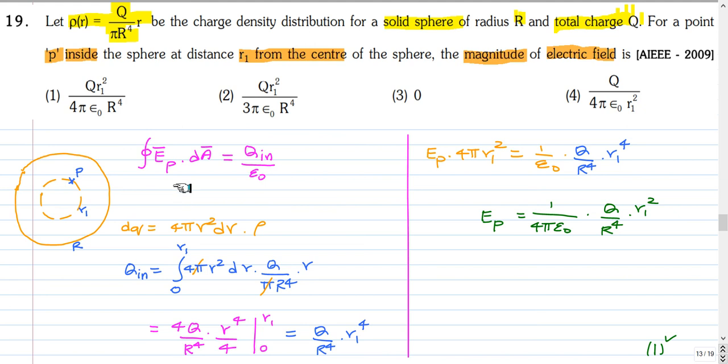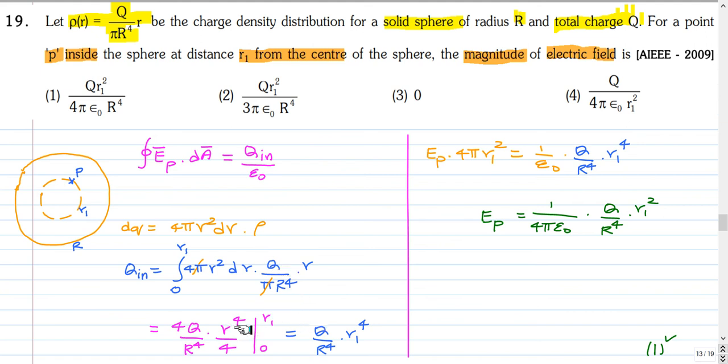To get the charge inside this spherical surface, let us take a thin spherical shell of radius r. So the charge of the spherical shell will be its volume, that is 4 pi r square into dr, into rho. So to get the total charge inside the sphere of radius r1, we have to integrate this from radius 0 to r1. So that will give the total charge present inside, that is q1, and we have to use the expression for rho as the one which is given here.